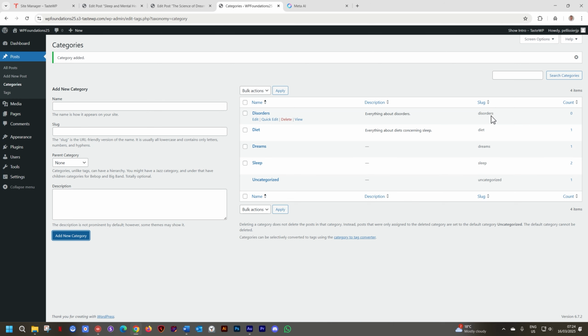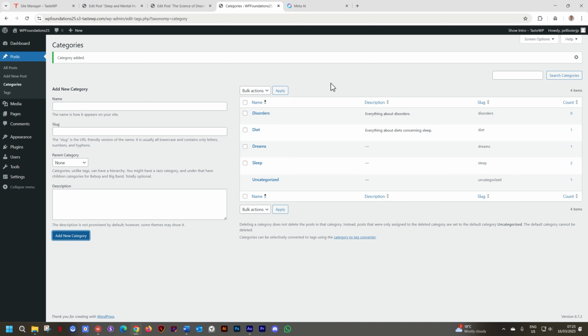It usually uses the plural. If you have a specific word that you want to use there, you can add your own. 99.9% of the time, I leave this open. And now you can see we've built out these categories.